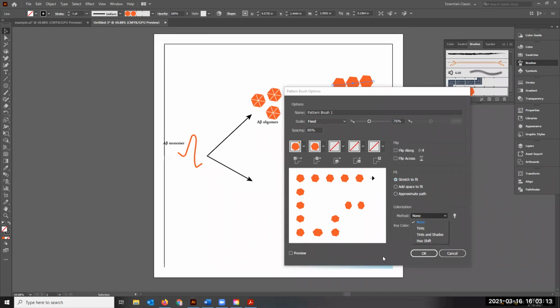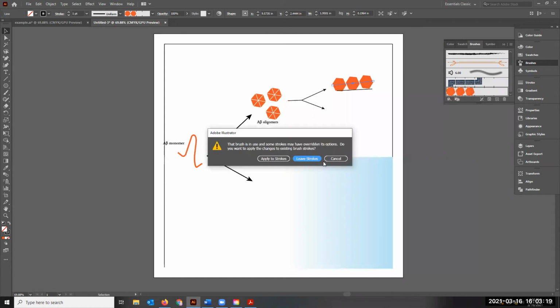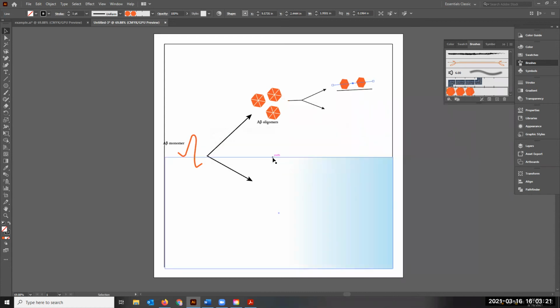So then I can also play around with my hues and tints and things like that. But I'm gonna click OK. And so it's gonna play with your brushes and kind of what you've done, but this is a way to actually edit and make new patterns. So what I'm gonna do actually is I'm gonna Control G to make this a group again, and I'm gonna Control C because I would rather